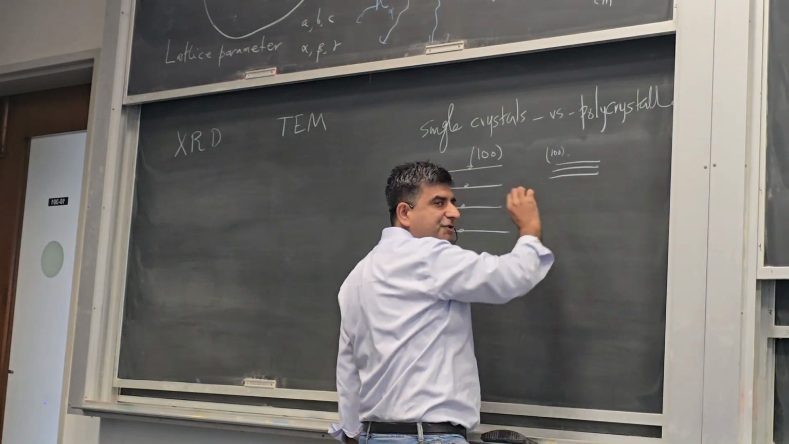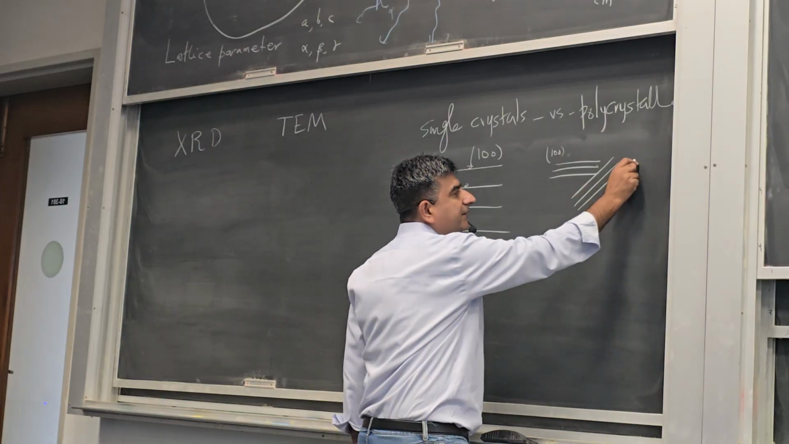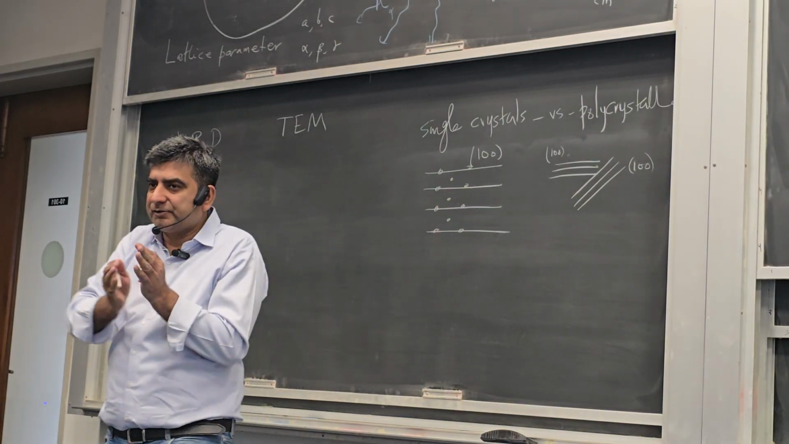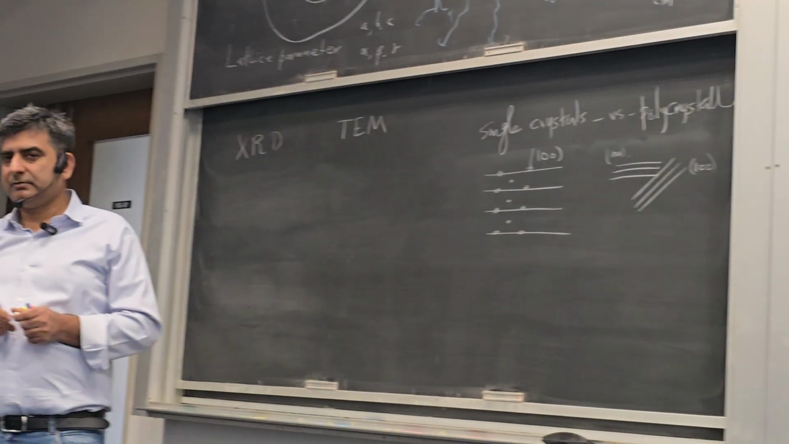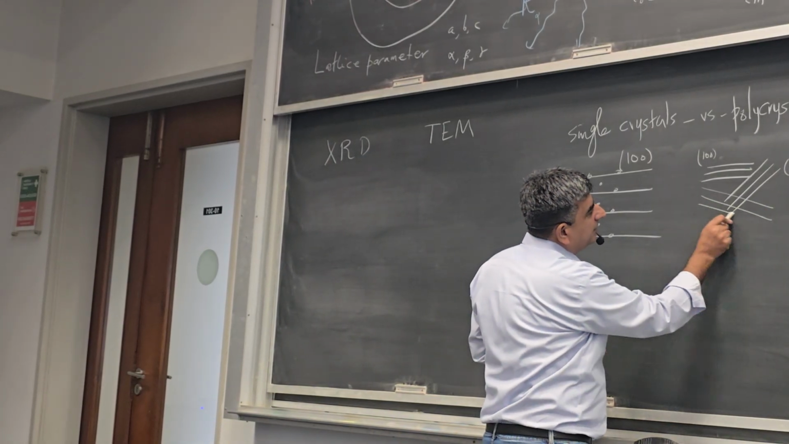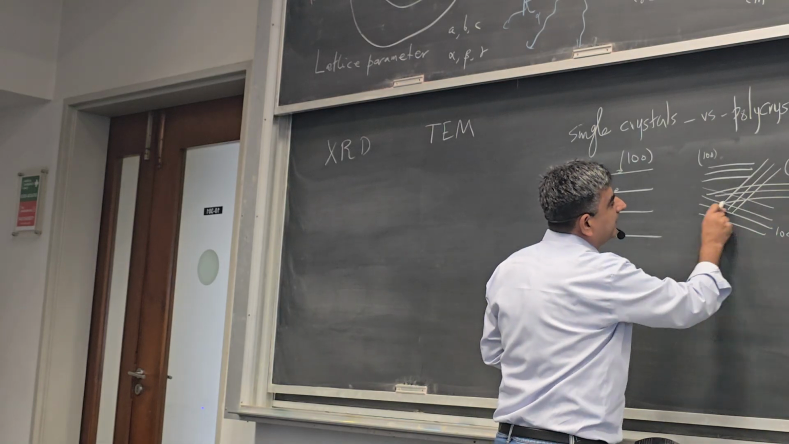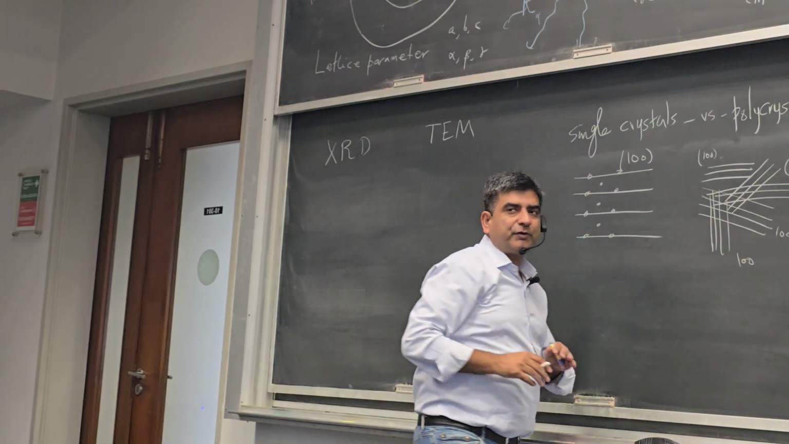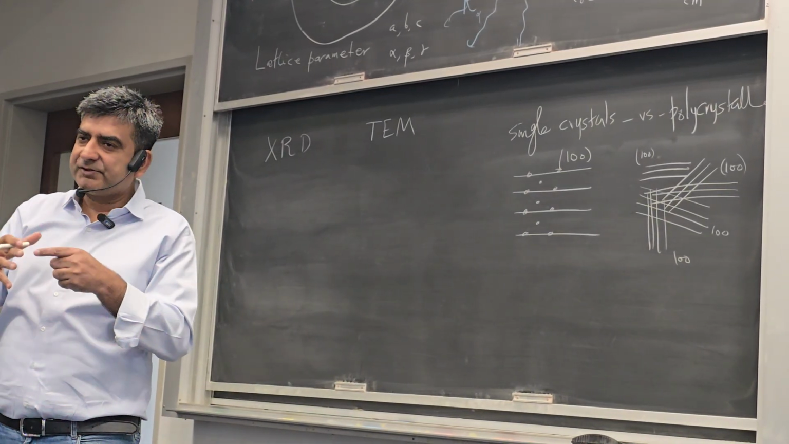you can have a different region of the material in which the 1, 0, 0 planes are oriented like this, because the crystal itself in that region has rotated, physically it has rotated. Okay. And then in some other region, the 1, 0, 0 planes are oriented like this. Here they are oriented like this, 1, 0, 0. So you can have different single crystals all mixed together